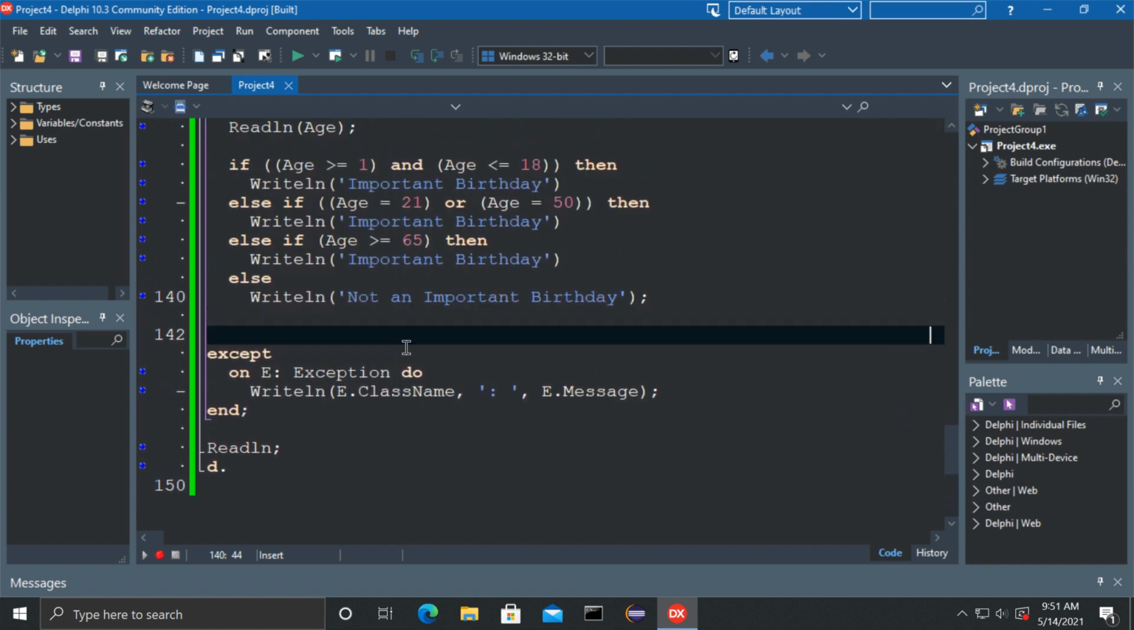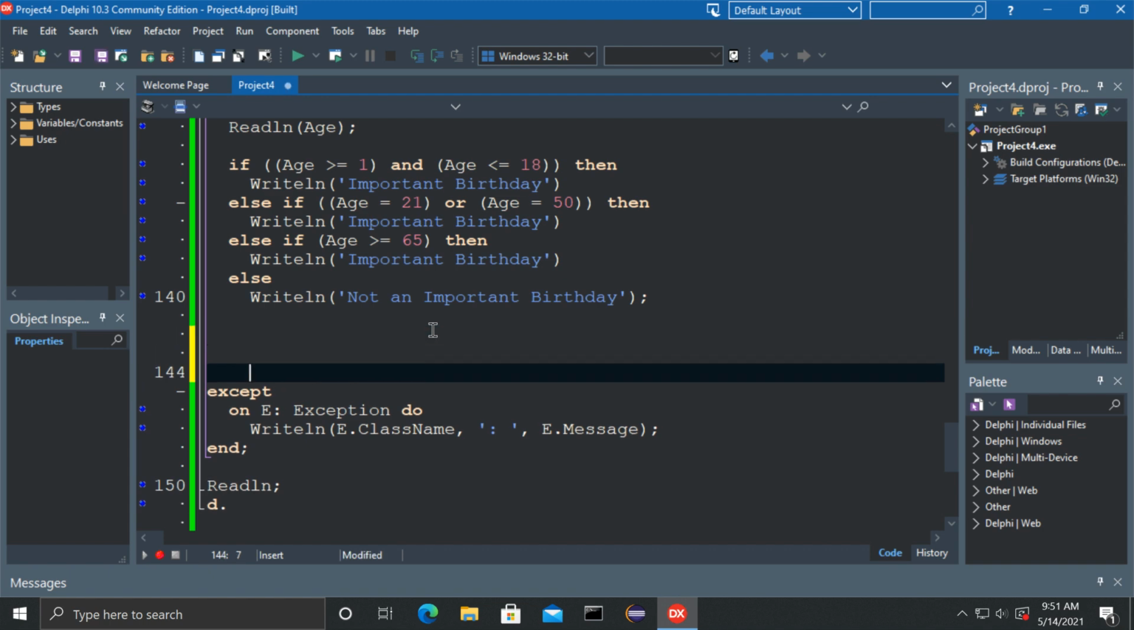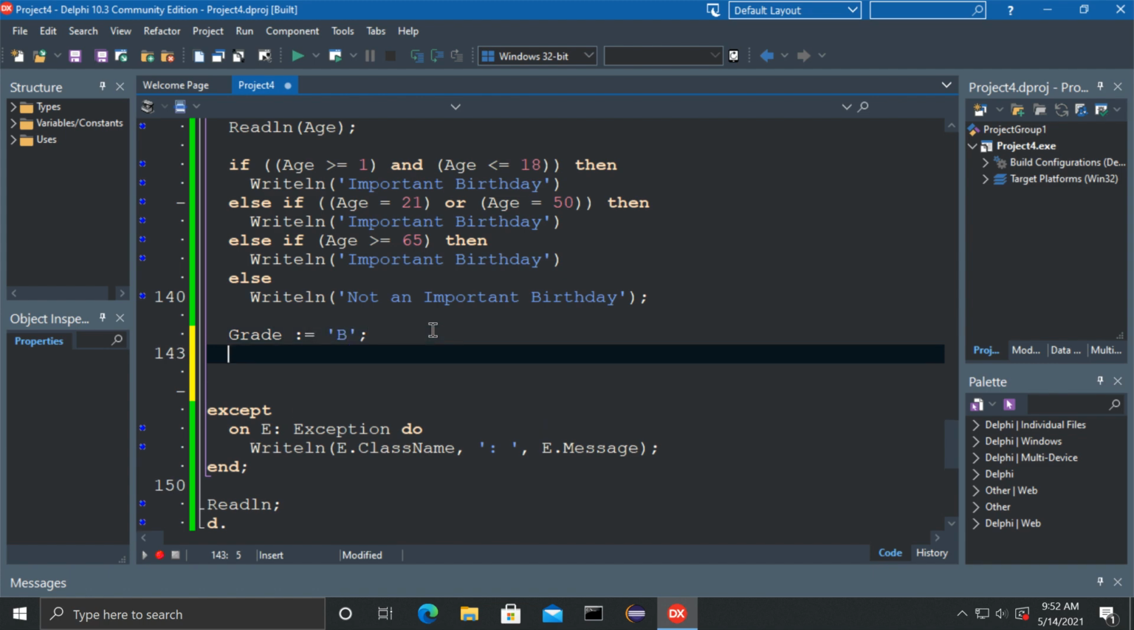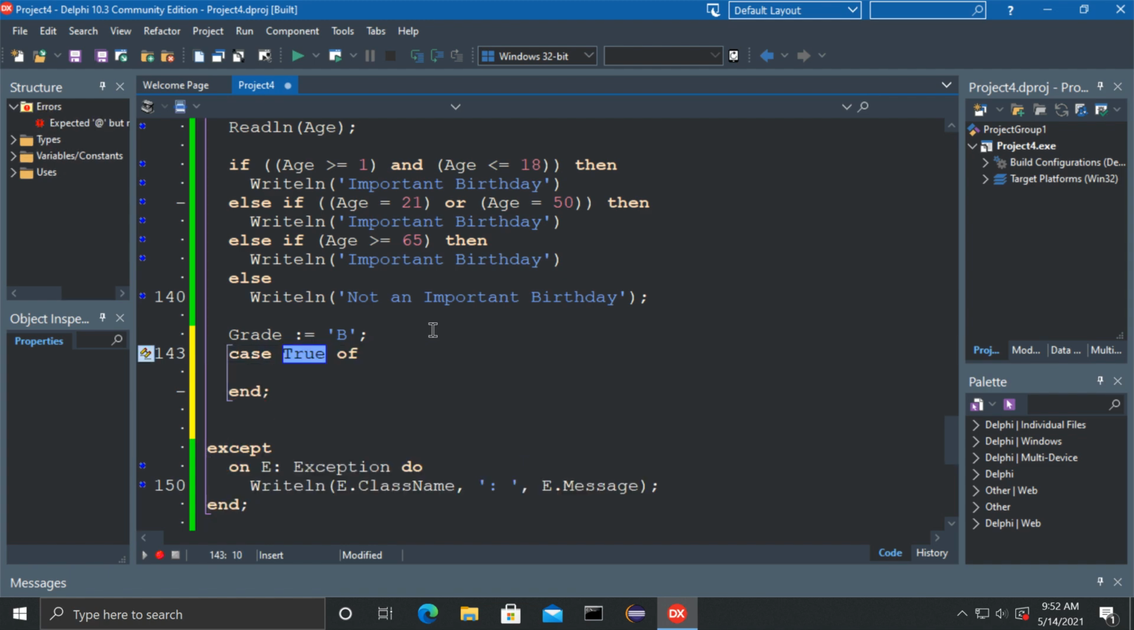Now I'd like to talk about case, another conditional tool that's available to us. So let's say grade, if I can spell grade right, grade is going to be equal to a B. All right, so we got that. Well, what we can do is we can say, this is like switch in other languages. So grade is equal to, and I'm going to say case grade of,